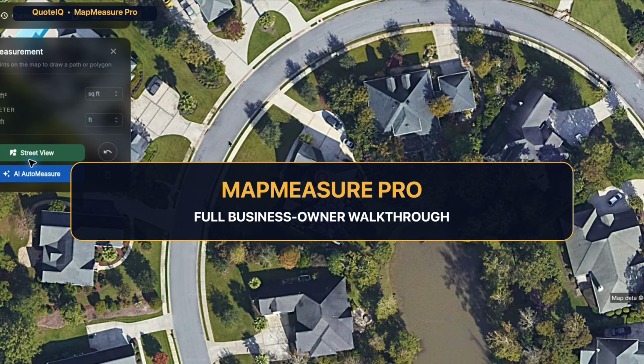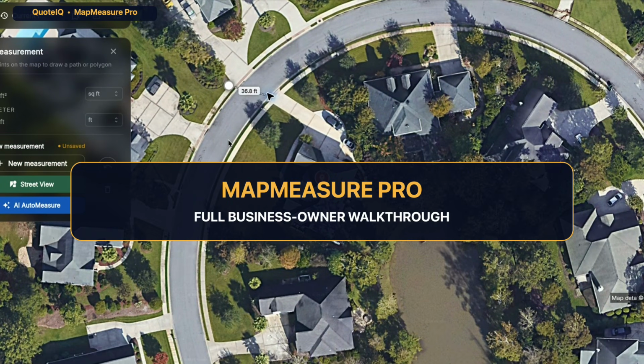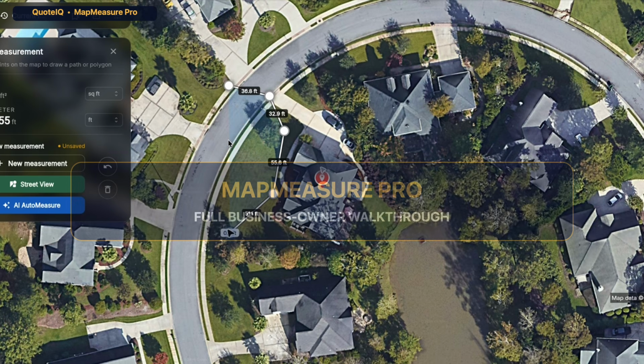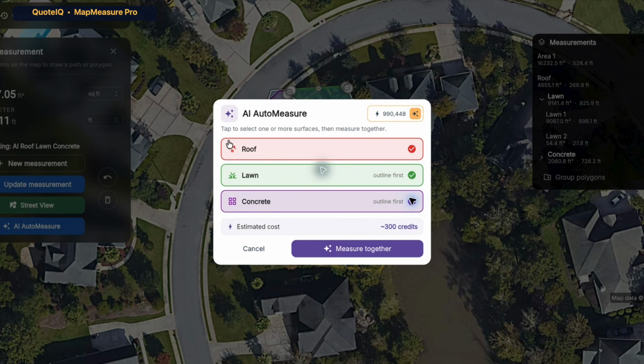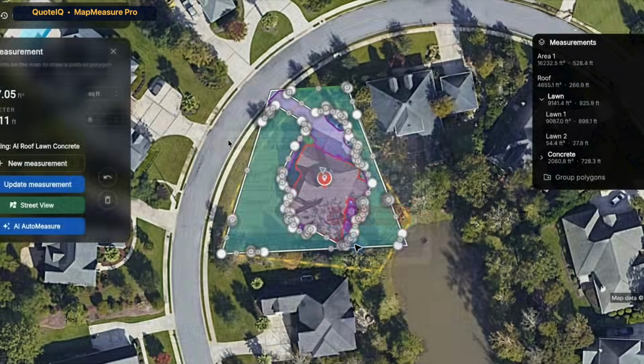If you run an exterior service business, you already know the slow part of quoting is usually not the math. It is getting accurate measurements, checking the property, and turning all of that information into a price without driving across town first. This is MapMeasure Pro inside QuoteIQ, and in this walkthrough, I'm going to quote a real sample property